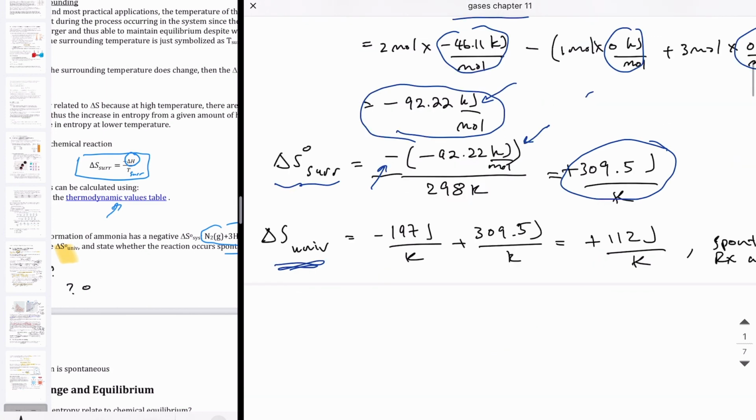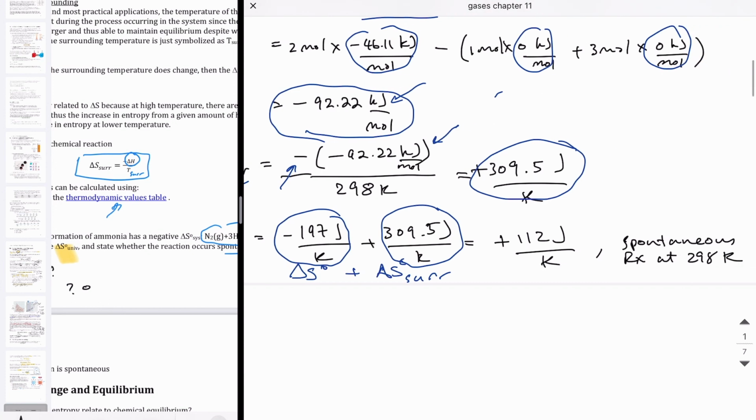The delta S of the universe, then, is going to be just the sum of the delta S of the system plus the delta S of the surrounding. And so delta S of the system was given to us as negative 197. Delta S of the surrounding, we just calculated 309.5. Units are the same, so the sum is 112 joules per Kelvin. This is a positive delta S of the universe, greater than 0. So that means the reaction is spontaneous